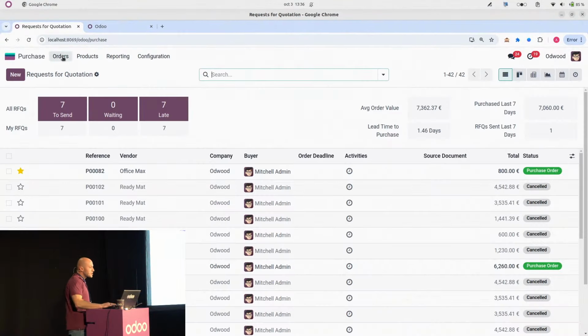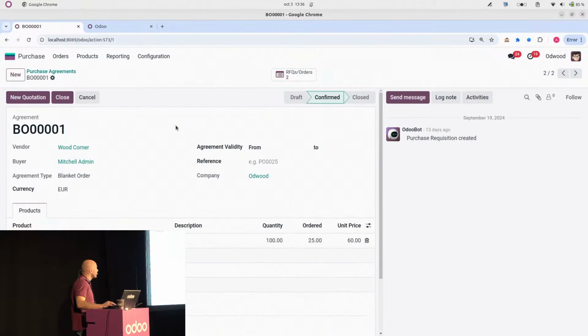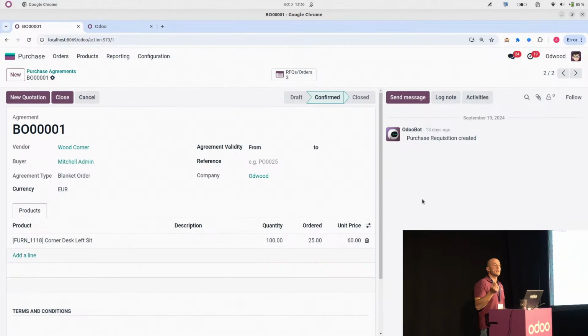So in my purchase application, you already have the possibility on purchase agreement to make some blanket order. Just a quick reminder, you make a contract with a vendor, you agree on a large quantity most of the time, and more quantity implies better price most of the time. And you don't have the capacity in your warehouse to have all the products at once, so you consume this order little by little, you know? So you have a big quantity and you consume it little by little. Here we have a new feature,